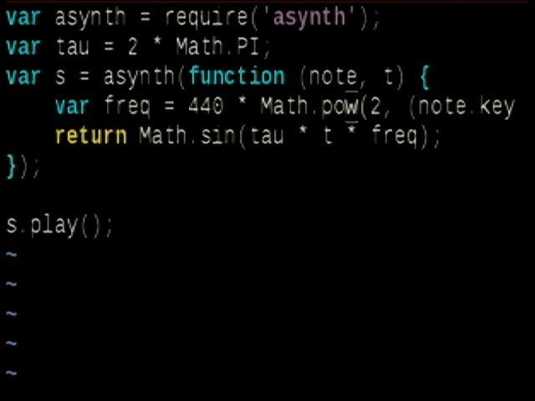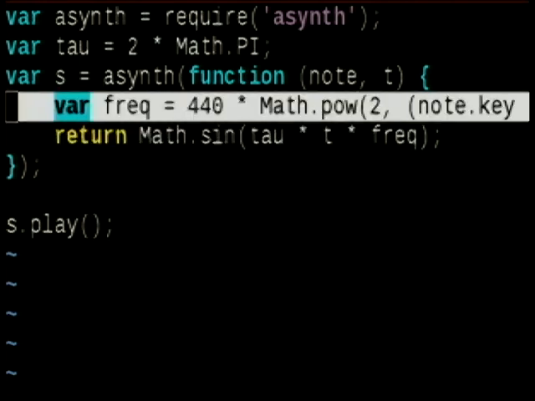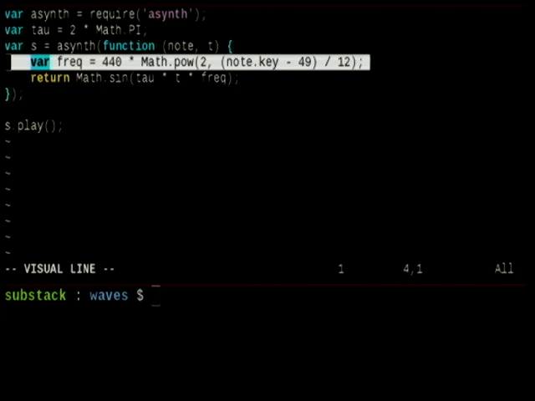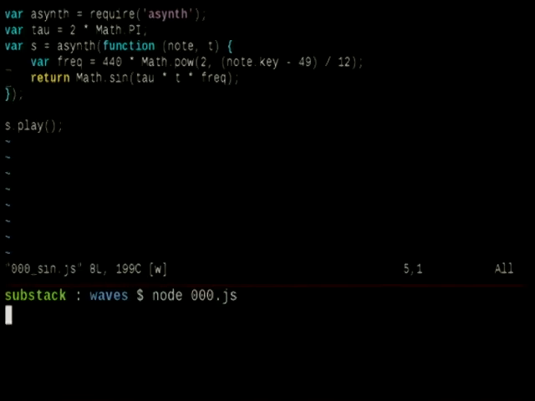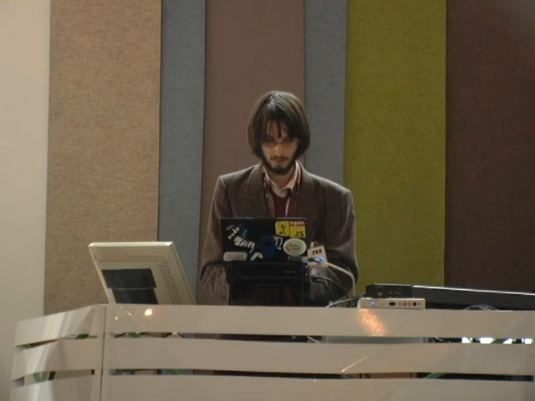Once we have this, you can look up on Wikipedia the formula for determining what the frequency of a note should be based on its index. Just copy-paste that, and return a simple little sine function here.